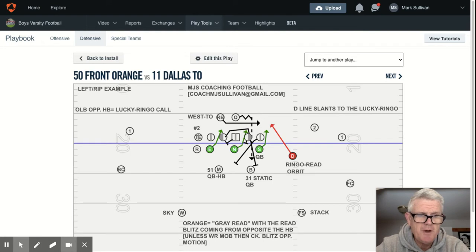My background is 38th year coaching football. I've either been a defensive, offensive, or special teams coordinator, as well as a head coach at both the collegiate